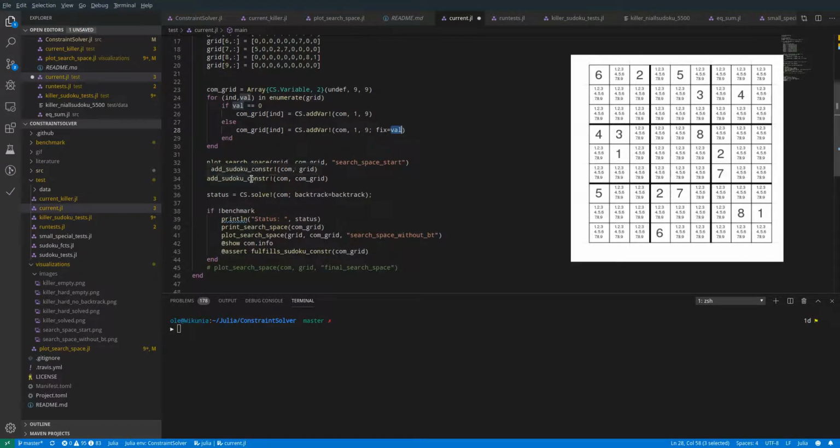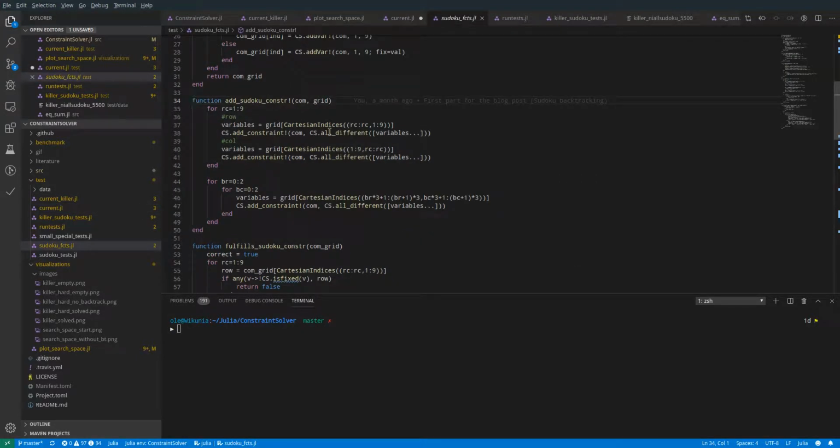Then we have the add Sudoku constraint function, which creates the variables from one row and from one column, and flattens them out, because this is a 2-dimensional and this is a one-dimensional array, and gives it to the all different constraint, which we will have a look at in a second. Then we have the block structure, the block row and the block column, which is basically the same thing again. And if we have a look in the source folder,